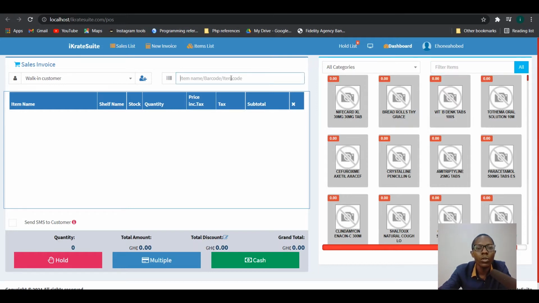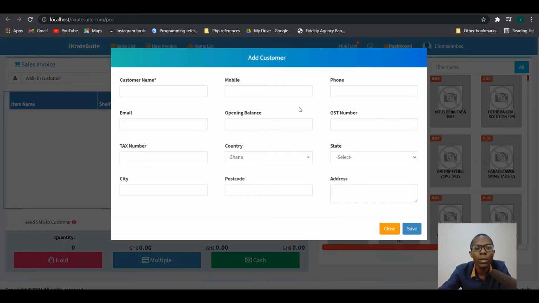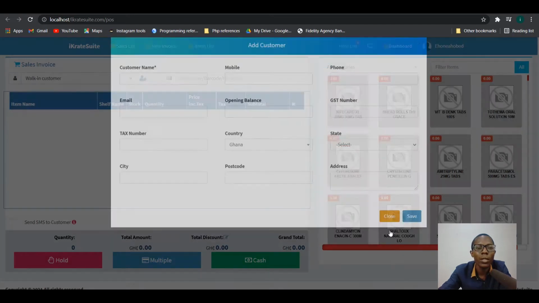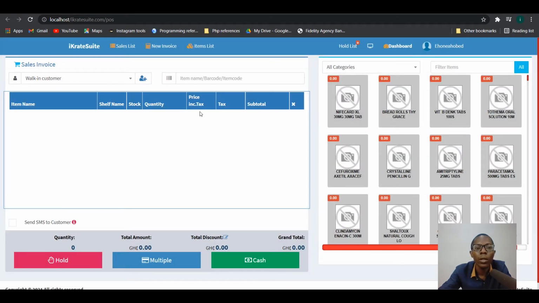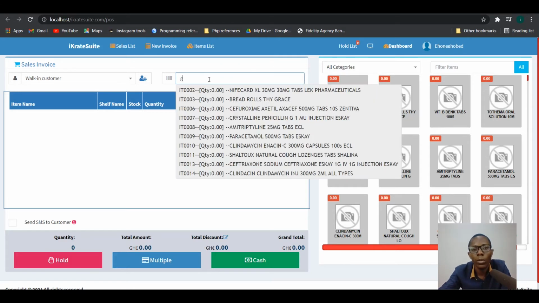You can also use the search bar here, and with the search bar you can use the barcode, the item code, or the item name to identify the product. Okay, so this is the interface for the POS. Basically, you need to set the customer. The default customer is your working customer. If there is a new customer you need to register, then you enter the details and save it before you continue the purchase. So basically, you just type in the name of the product that you want to sell here,